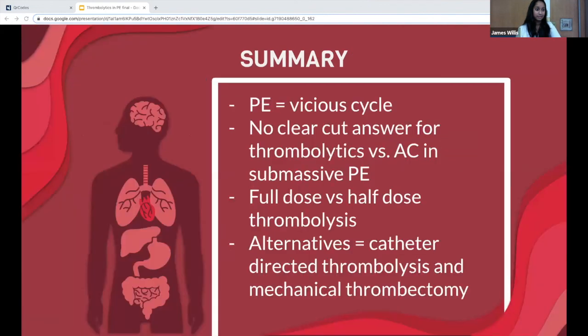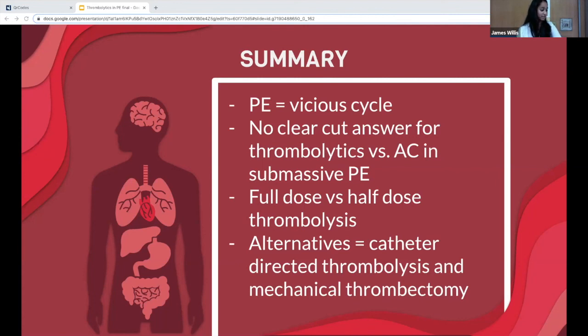So in summary, I think it's important to consider that PE is a vicious cycle. Even though there's a lot of controversy about using thrombolytics in submassive PE, I think it's still important to consider due to the complications of possible long-term pulmonary hypertension in these patients further down the line, even though there might not be some direct effect. There's no clear-cut answer for thrombolytics versus just anticoagulation alone in submassive PE,